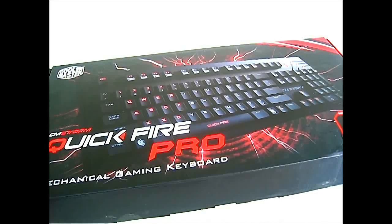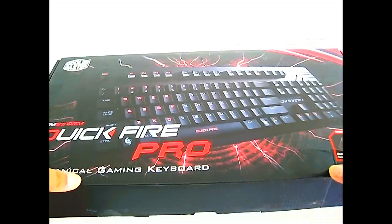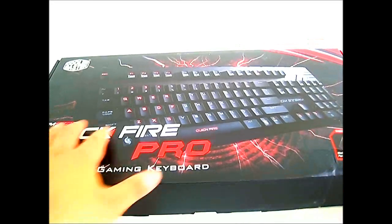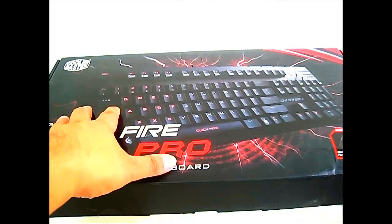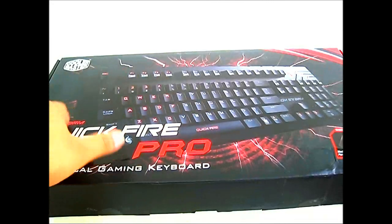And unlike the QuickFire Rapid, which is a 10 keyless keyboard we have previously reviewed, the QuickFire Pro is a full-sized gaming keyboard. See the numpad here on the right side, and it features a unique partial backlighting design. And the gaming cluster here on the left side, including the spacebar, the first 4 function keys, and the escape